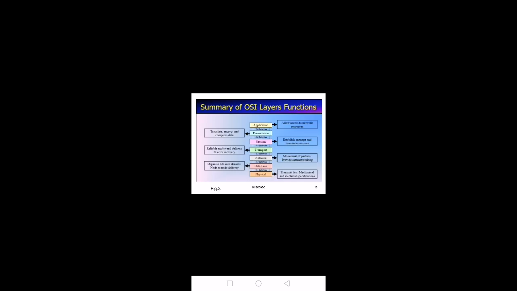And transport layer, it is reliable end to end delivery of the packet and error recovery. Network layer, it is responsible for movement of the packets and it will provide the internetworking. Data link layer converts the packets into frames, node to node delivery, and flow control and error control.